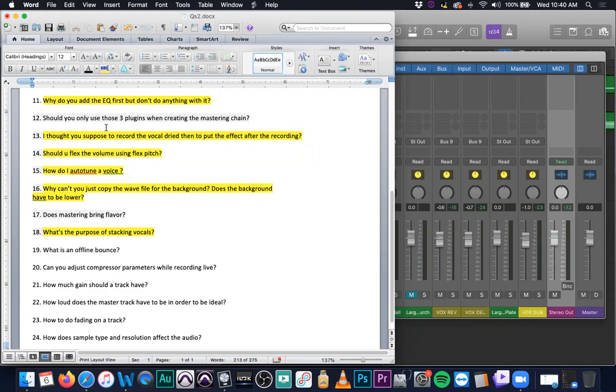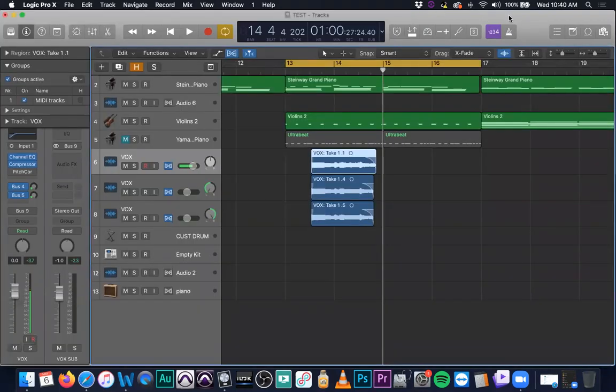What are the benefits? Well, an offline bounce obviously saves time. I mean, that's obvious. But sometimes in an offline bounce, you don't quite get the quality that you would get from a real-time bounce. And I know some engineers are really, really adamant about doing online bouncing, meaning real-time bouncing of the track, because number one, it gives them the moment to listen to it like an audience member, to reevaluate what they did